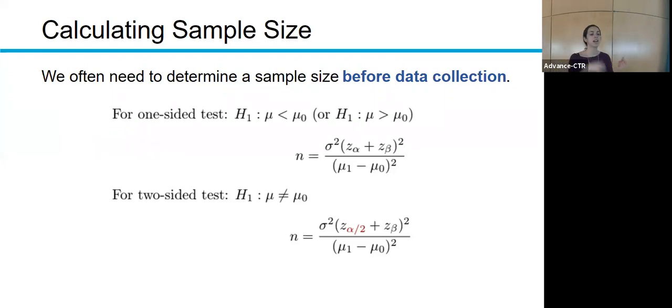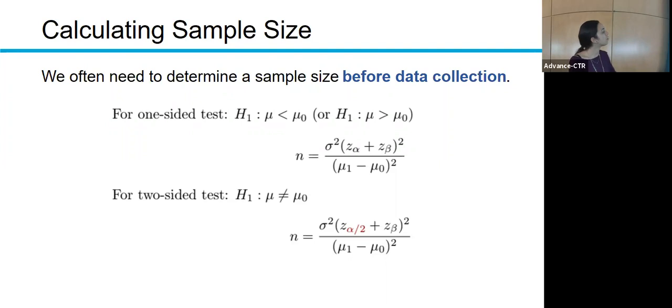relating sample size calculations to hypothesis testing, if you have a one-sided test, you're going to use a slightly different formula than if you have a two-sided test. Basically, your formula for a sample size calculation is going to depend on the variance of your original population. This is usually assumed to be known. It's also going to depend on the critical value that's determined by alpha, what I've been calling Z 0.05, for example, if alpha is 0.05. And it's also going to depend on that critical value evaluated at your beta or type 2 error probability, so Z beta. And then the denominator of the sample size calculation is going to depend on the effect